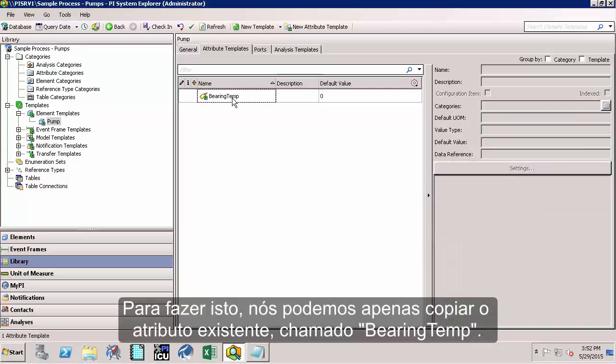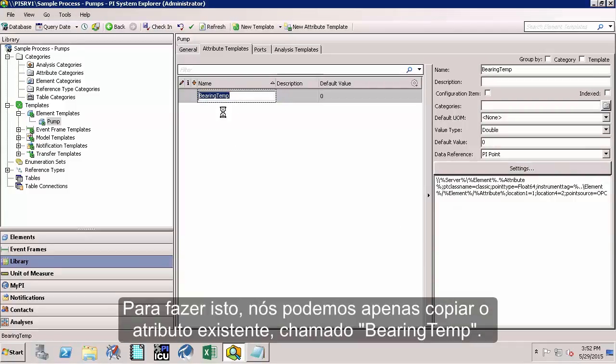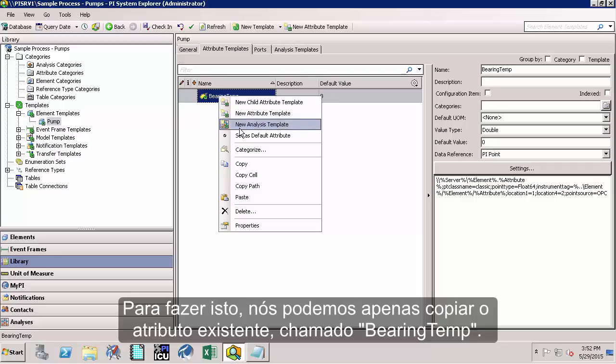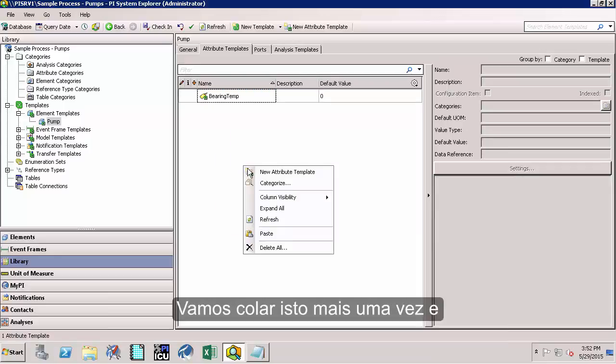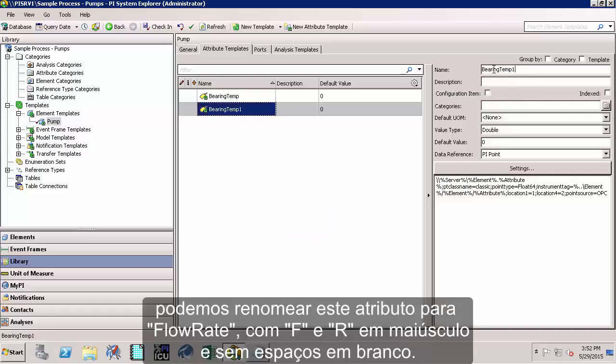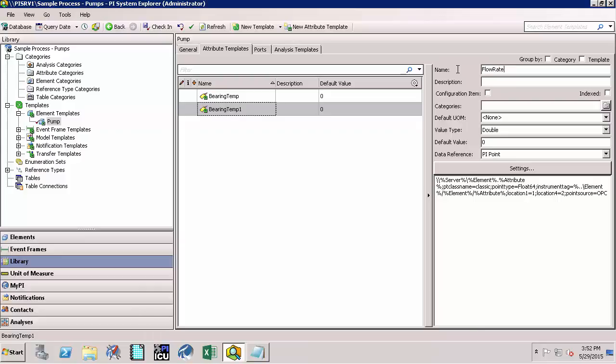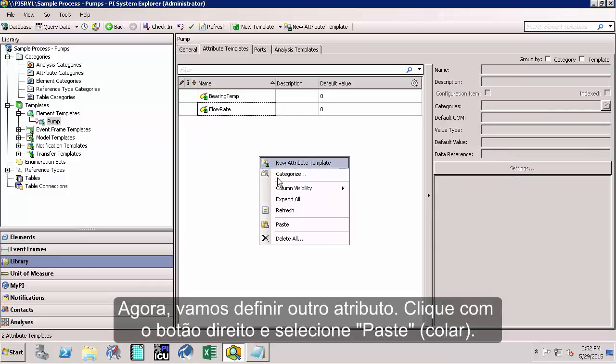So to do that, we can just copy the existing attribute, namely the bearing temp. Right-click bearing temp and select copy. Let's paste it once more, and we can rename this particular attribute as flow rate with a capital F and a capital R without any space in between. FlowRate. Now let's define another attribute